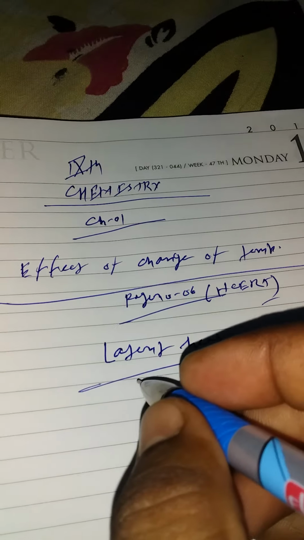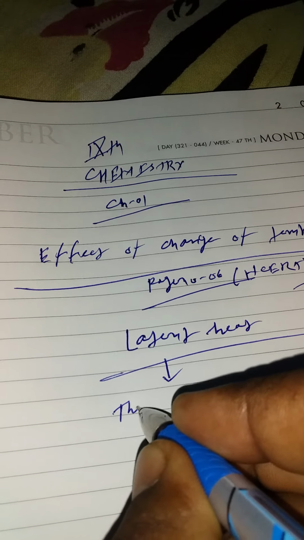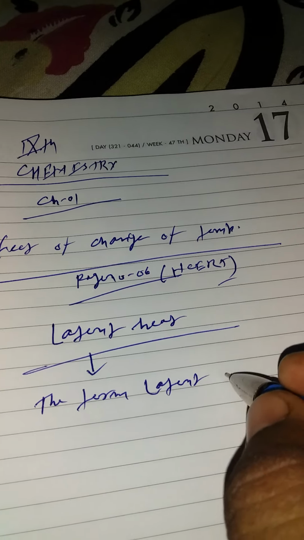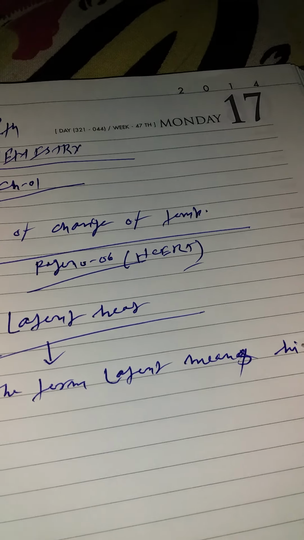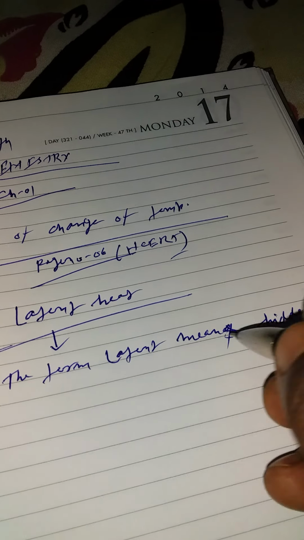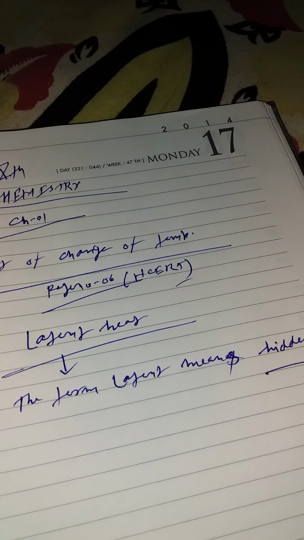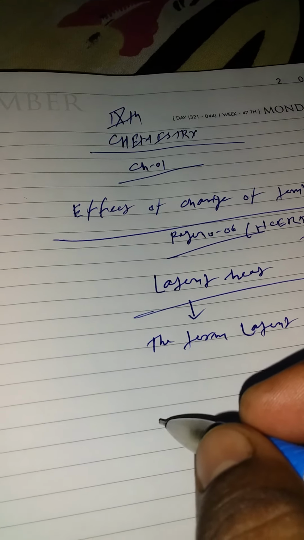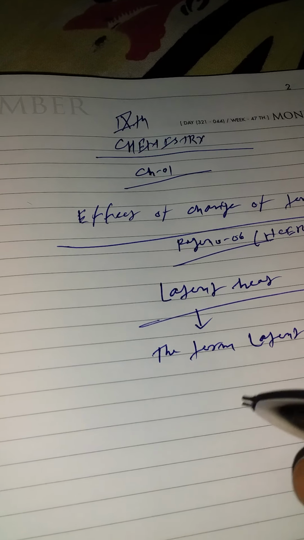The term latent means hidden, and heat is a form of energy. So latent heat is hidden heat, that heat that is not read by a thermometer, as for example